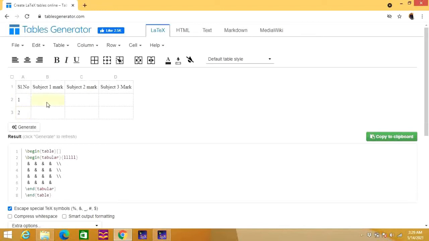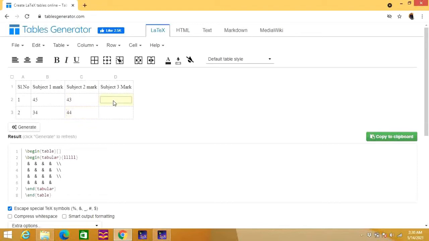Next, subject 1 mark. Suppose we need to write 45 marks, and the subject 2 mark for the second person is 34. If subject 3 mark is 42, 43, and if you want to write here 44, you can write it here.